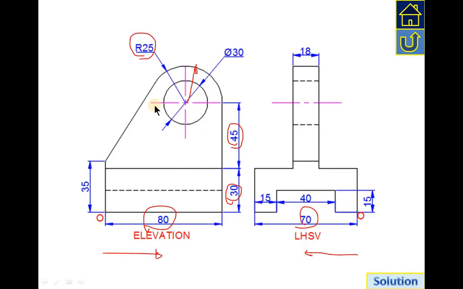So here is our object. It's always better to start drawing with the curvature portion. So where is the curvature portion? Here. In the front view you can see 30 mm diameter of the circle and 25 mm half curvature. So before drawing the curvature you need to see the position of it. So position of it is from the baseline it is 30 plus 45, that means 75 mm above. Here it is 75 mm above,